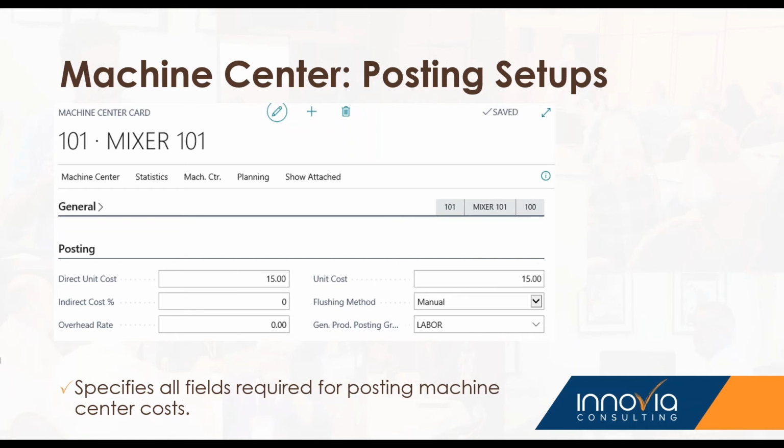Again, flushing method comes into play. This is used if we are going to forward or backward flush labor. Again, if your routing is solid, and in the lean principle, if I'm doing this operation day after day after day, do I really need to log in and out on it, or can I just backflush the labor because that operation, we're solid on that. We don't need to have somebody clock in and out on it to that level. It depends on your